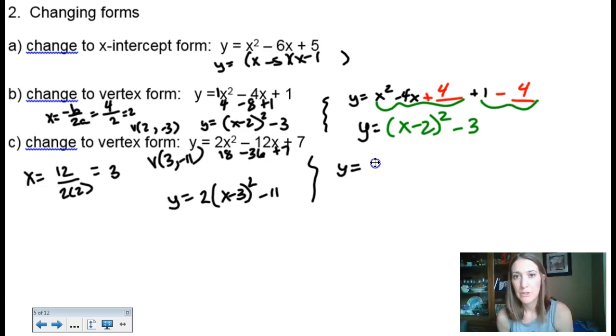Here's the idea. Still going to group those first two parts of the original quadratic together, except you're going to notice that